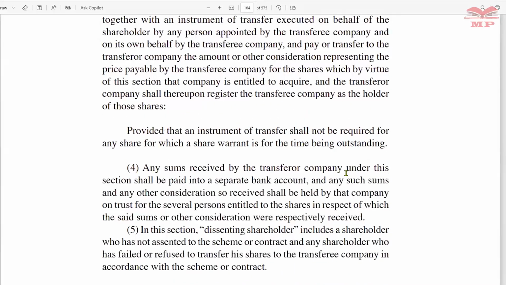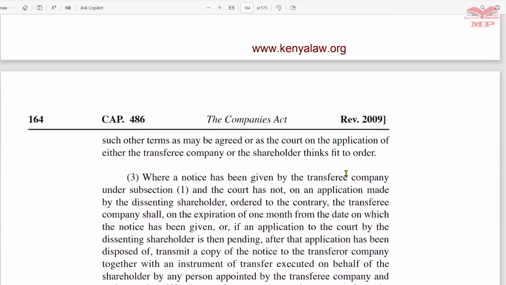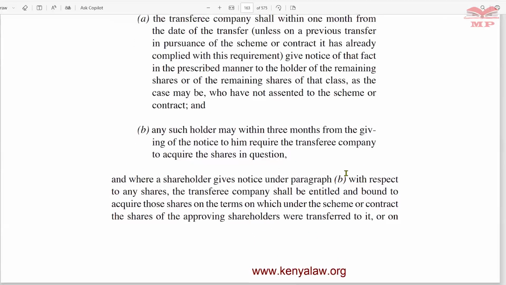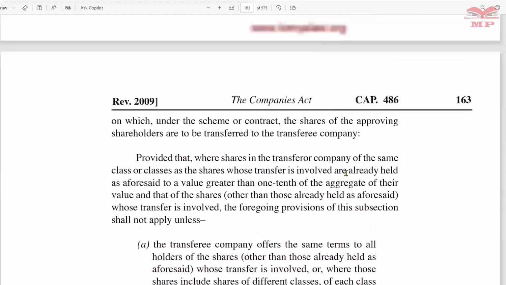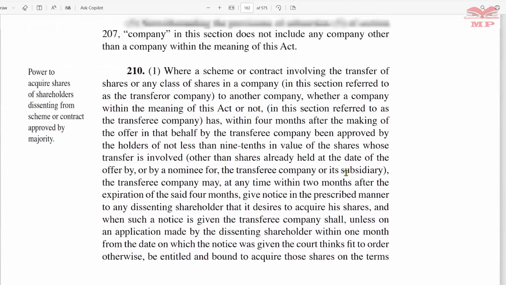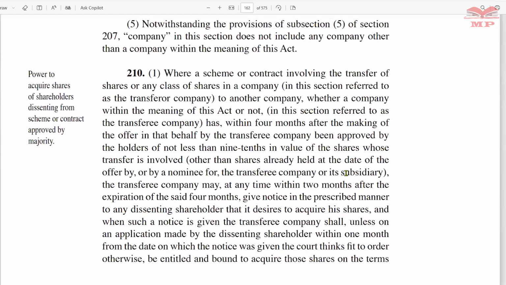And these provisions give the power to acquire shares of shareholding dissenting from a scheme or contract approved by the majority. This is what we had talked about,